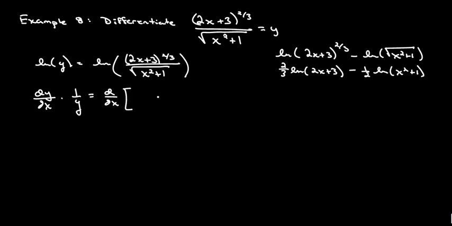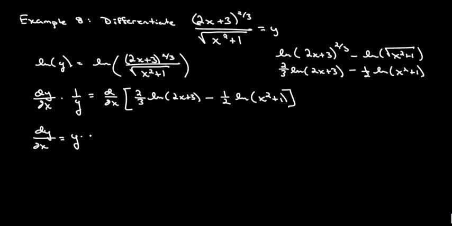So let's go ahead and put those guys in here. So it'll be 2/3 the natural log of 2x plus 3 minus 1/2 the natural log of x squared plus 1. So this gives me dy dx is equal to y times